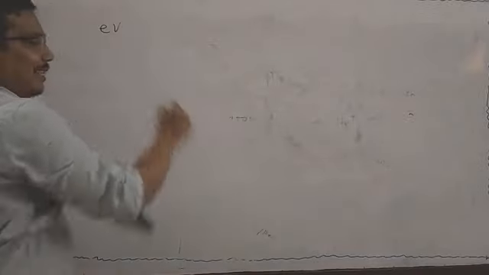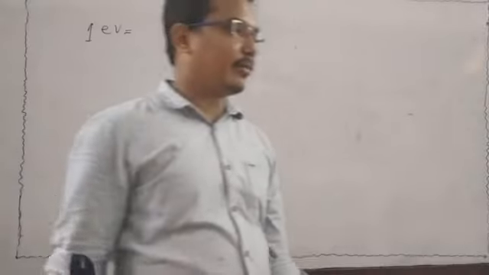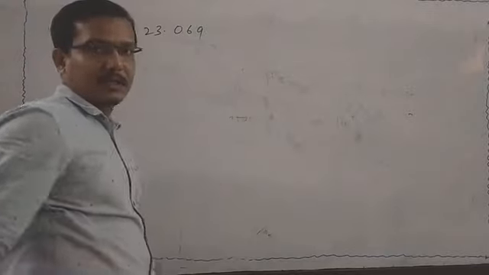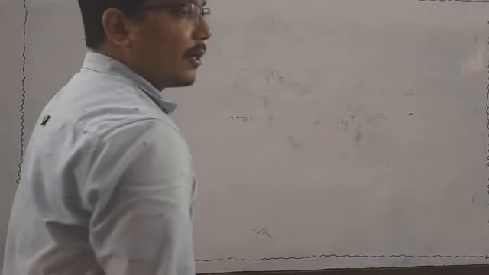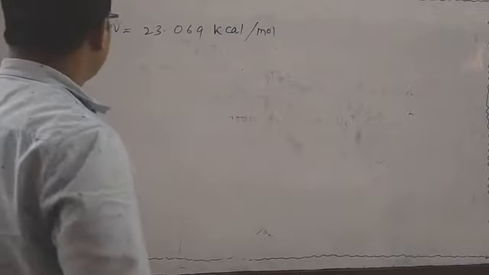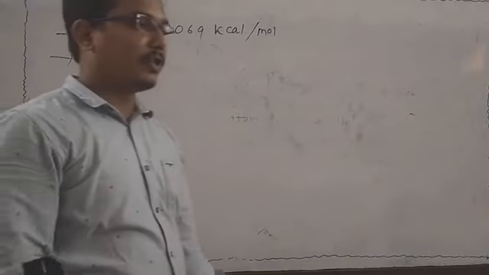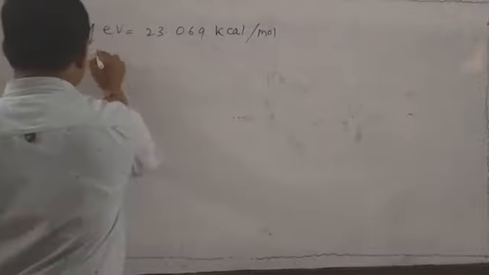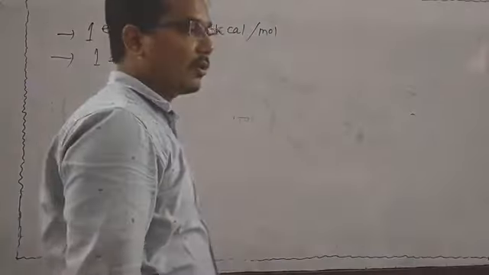eV means electron volt. 1 electron volt equals, that is how much it can convert into calorie, that is 23.069 kilocalorie per mole. Remember this point, and then you convert electron volt into kilocalorie. Next point is you also remember 1 electron volt also converts into kilojoule, that is